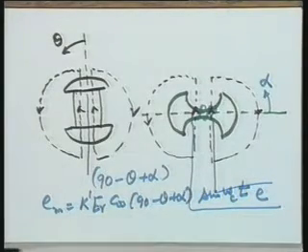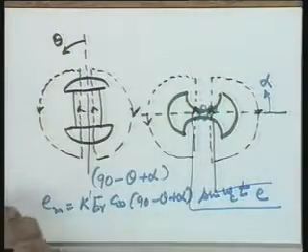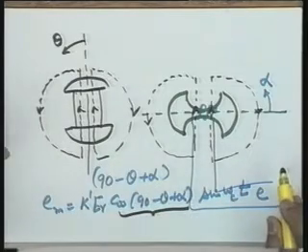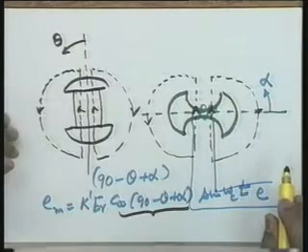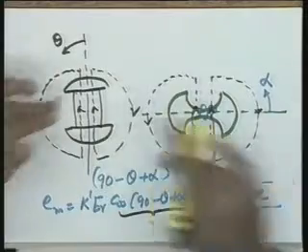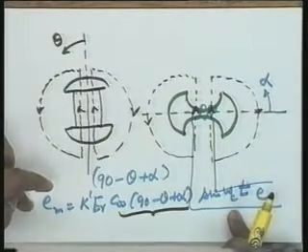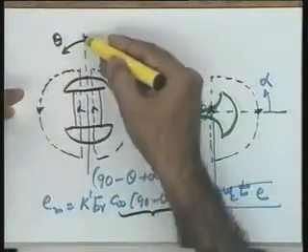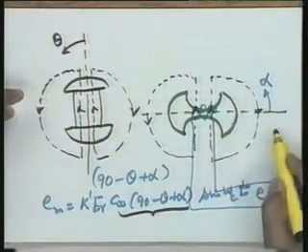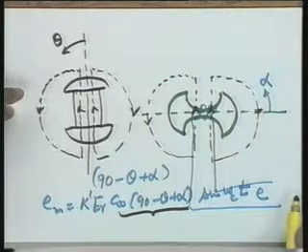This is what we discussed last time, if you recall: this becomes the factor which corresponds to the angle between the two, which corresponds to the positions of the two. When theta and alpha are equal to 0 with respect to the positions shown over here, you find that the voltage induced is 0. And when theta is taken with respect to the null position and alpha is taken with respect to the positions shown, in that case the voltage induced is given by this expression.